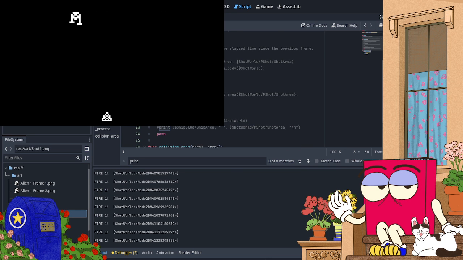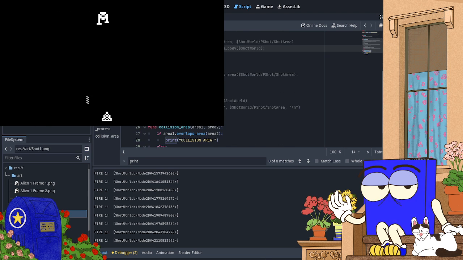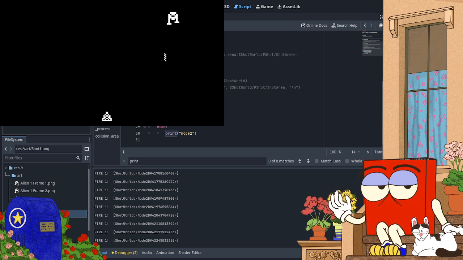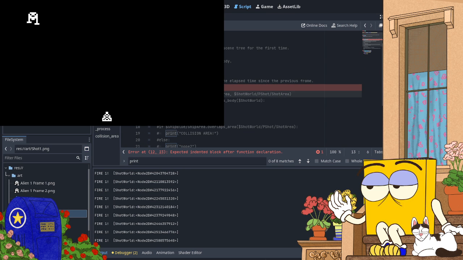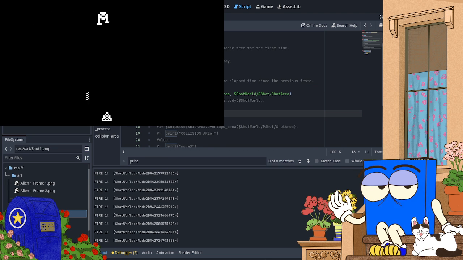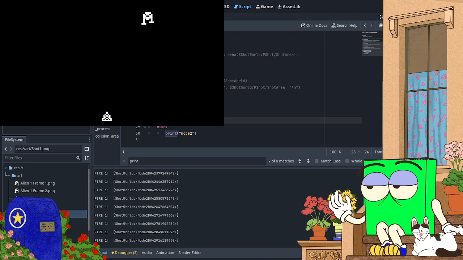Space. Okay, it's still there. Collision area. And boom.